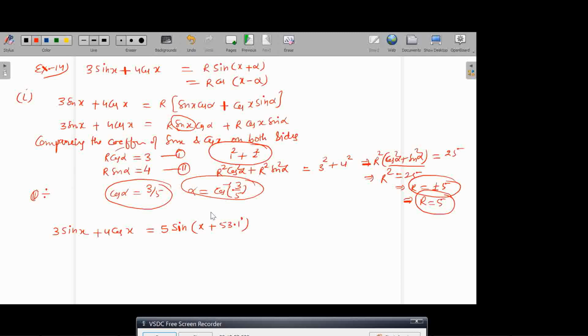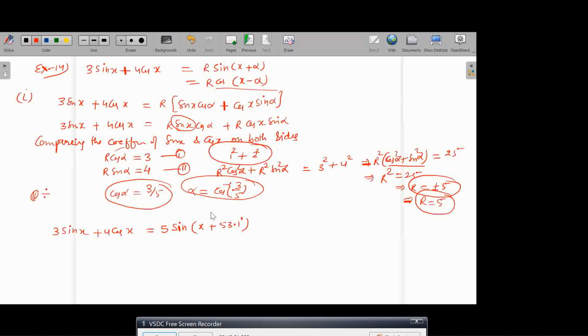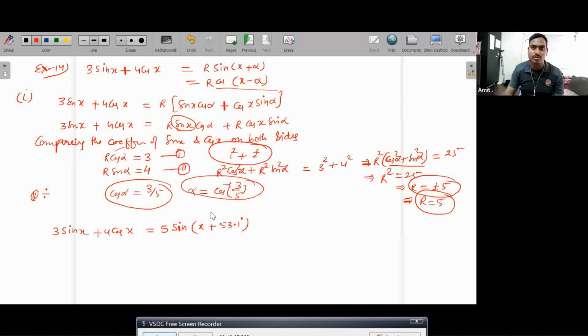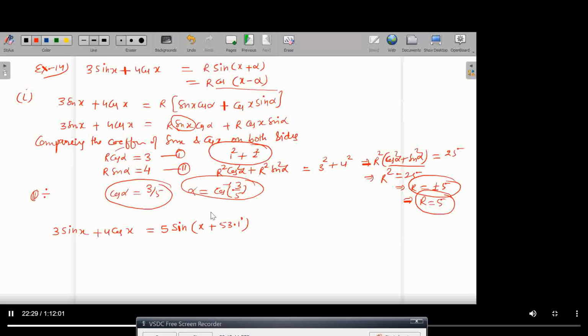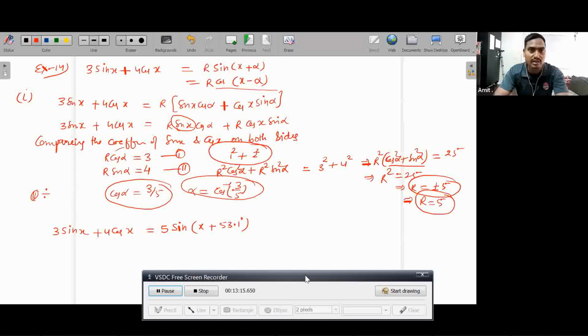Can you try the second one? Do you know the expression of cos(x minus alpha)? Because you're given this in the exam, you don't need to revise it. You don't open your book. Just see this board and do it. 3 sin x plus 4 cos